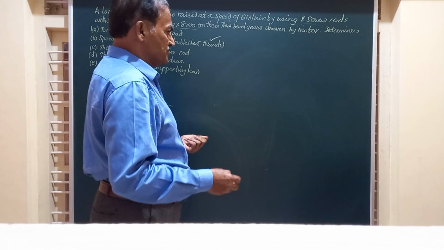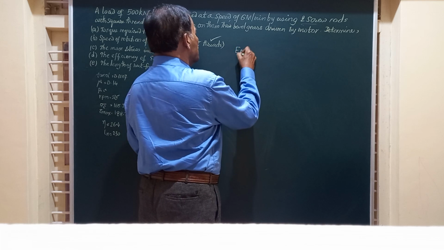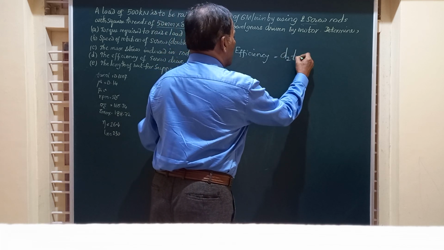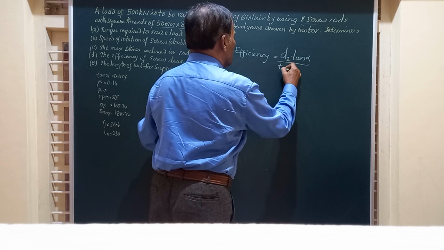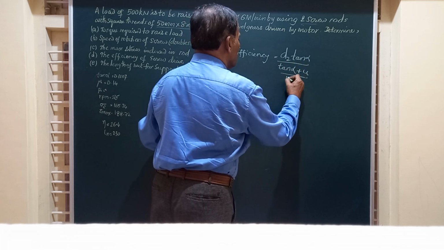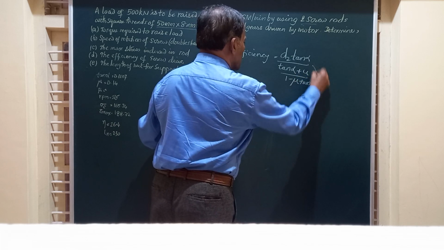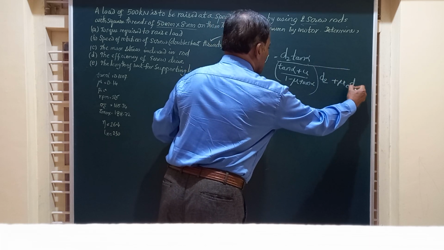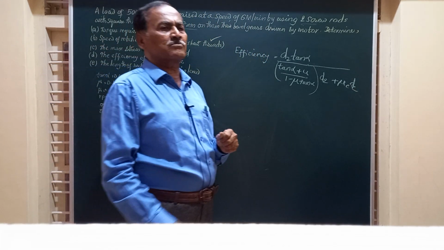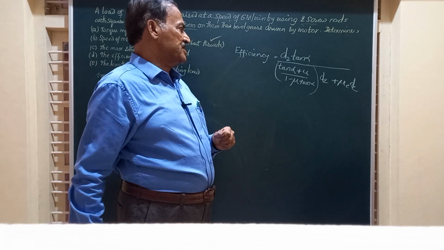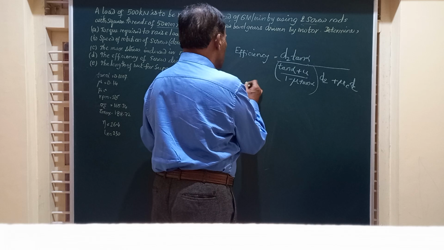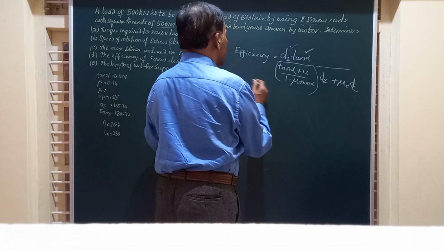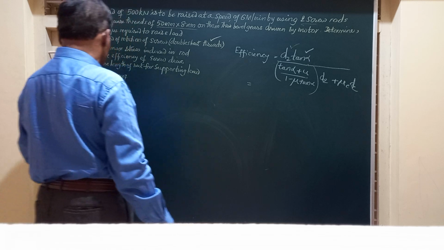Friends, for the screw rod or screw jack, the efficiency is given by the formula: efficiency is d2 times tan alpha divided by tan alpha plus mu by 1 minus mu tan alpha into d2 plus mu c dc. Friends, this equation is available in the data handbook, so you need not memorize it. We know all the values here. D2 value we have got as 46, tan alpha we have calculated, mu c, everything is known, and hence if you make the substitution in the formula, you get a value of